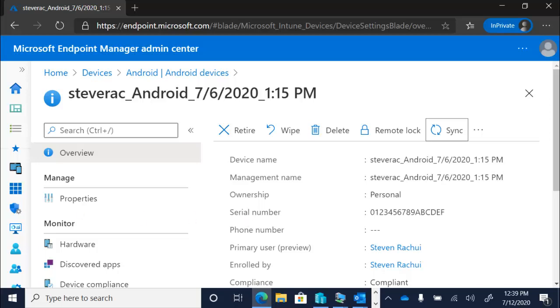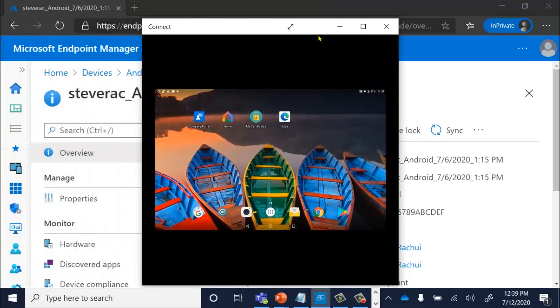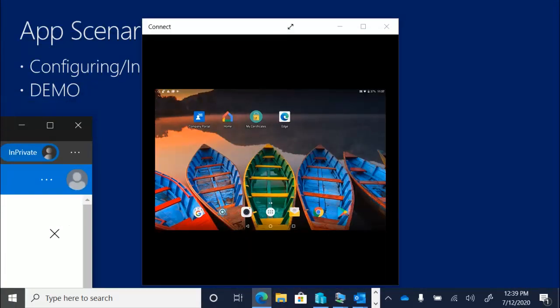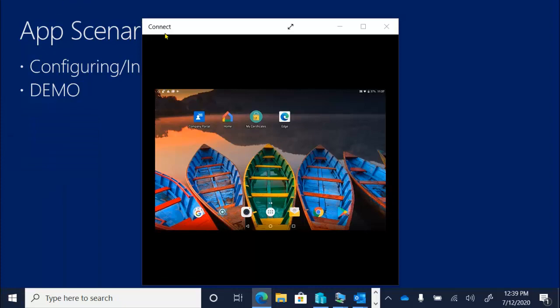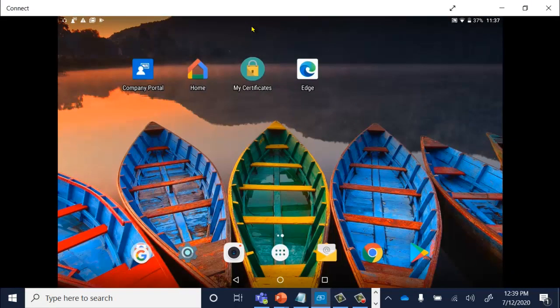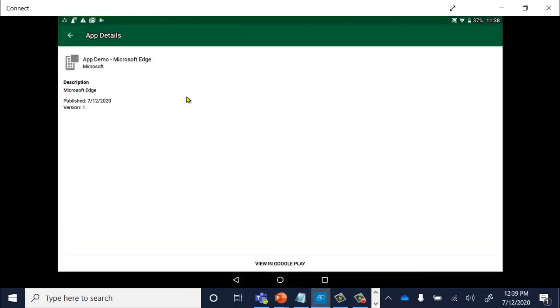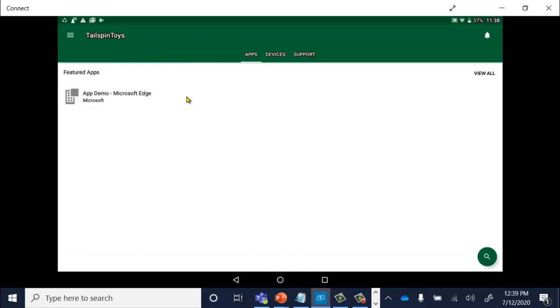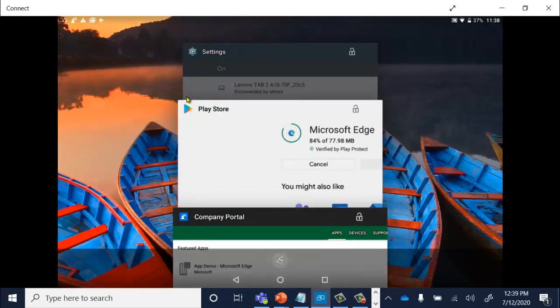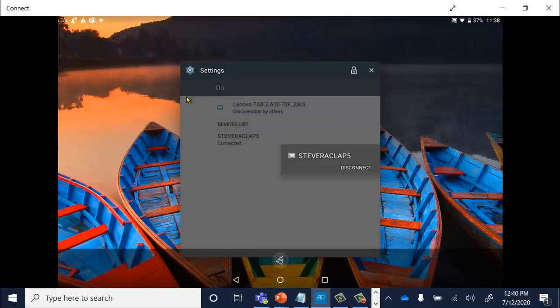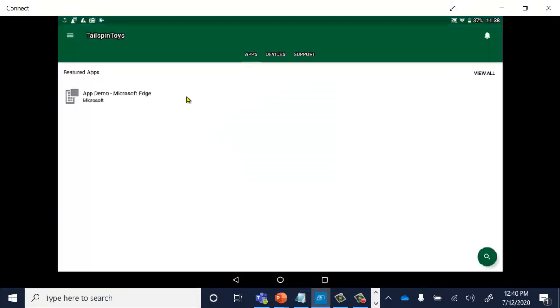Now, I'm going to pull back in my Android device. Let me get rid of Intune for a moment. And here's my Android device, right? So now if I open the company portal, we should have the web link. And oh, by the way, you see that Edge is now installed, right? So if I go to the company portal and go back, and then I'm just going to close this and reopen it just to be sure, get rid of all of this, right? And then go back to the company portal, let it log back in and reconnect. Then I'll go back and look at my apps